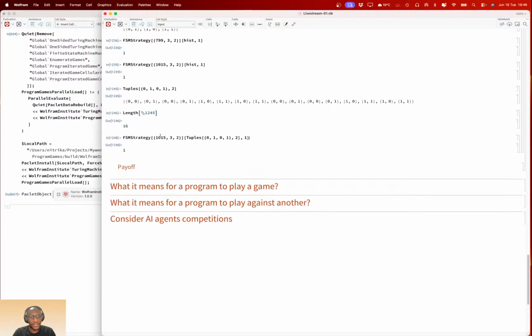And you can ask for all three-state machines. For example, let's take 20 of the three-state machines, right? Then we want to feed it to this machine.